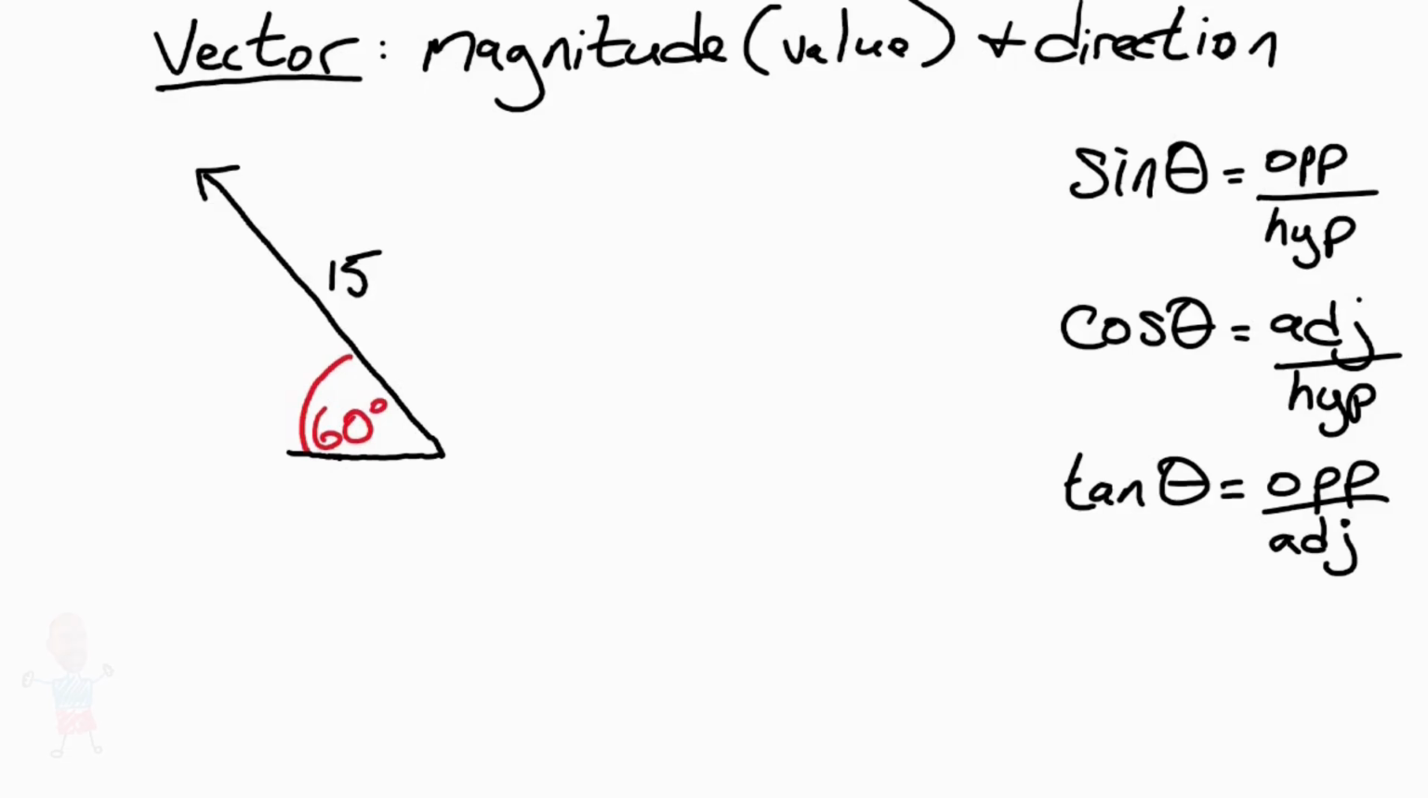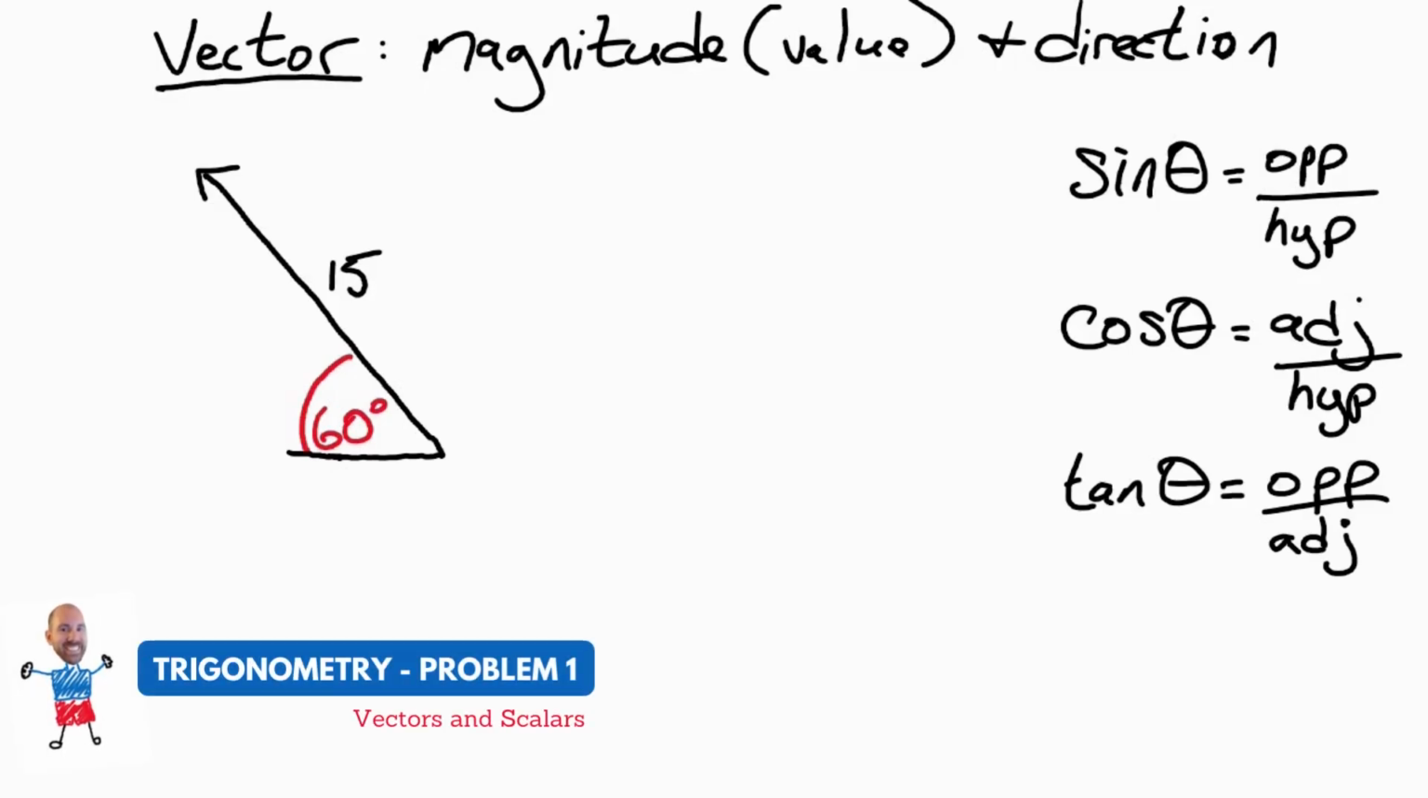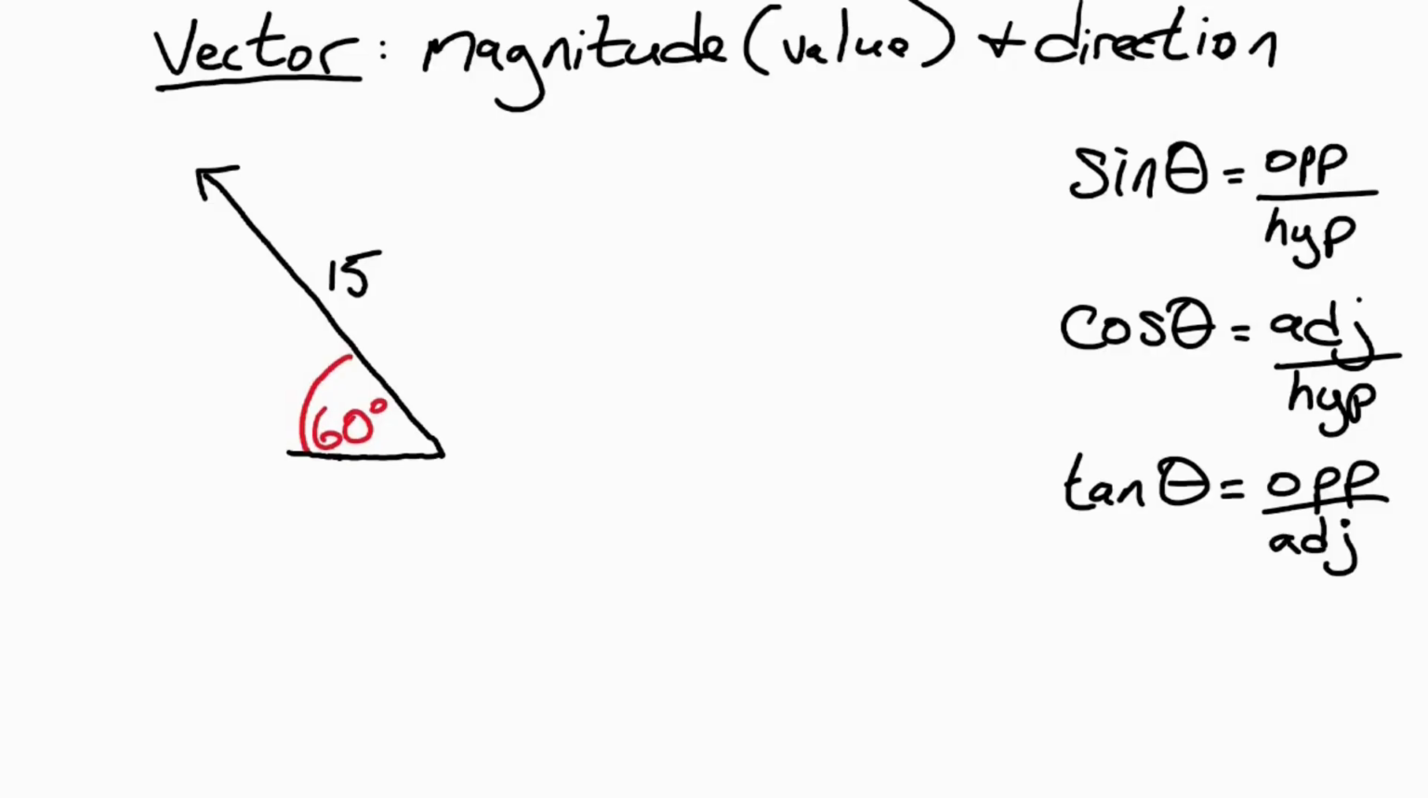Okay, so we're ready for our first trigonometry problem. Let's dive right into it. Okay, so we have a vector here that has a value of 15 and it's on an angle of 60